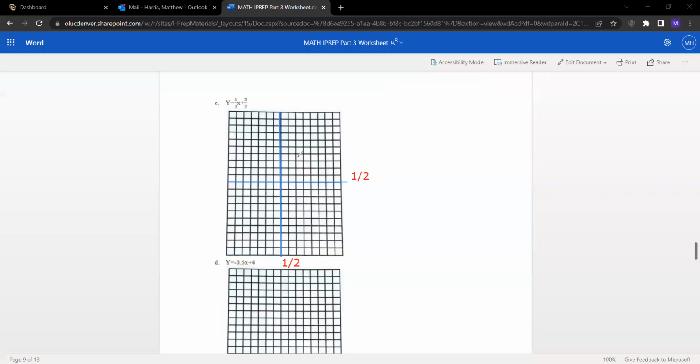So now we draw our points as normal. So first we have our y-intercept of 5/2. So it's 0, 1, 2, 3, 4, 5/2. And then we go and we find different points. So we can either do this with our slope or by plugging in. So let's go ahead, we can plug in, let's say